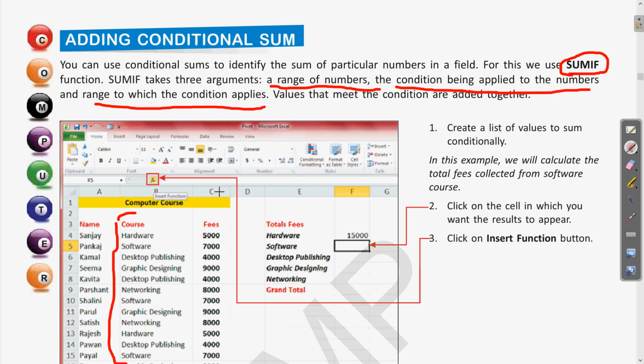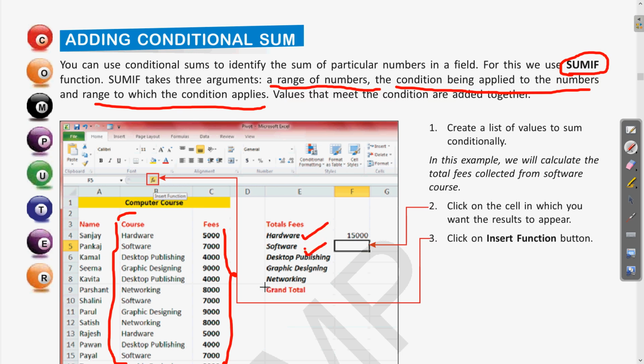Clear? So the range will be, suppose we are willing to add the fees. The first thing will be the range of the numbers, meaning from where to where you are applying this. That will be applied from the courses. Then what will be the condition? The condition can be like course is equal to hardware, course is equal to software.